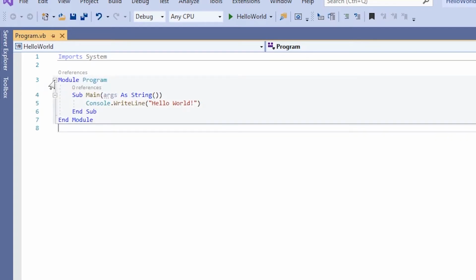We've got a little area where we can just collapse and expand different parts of it. We've got Sub Main, we've got Console.WriteLine "Hello World". That's the Hello World program. That's our basic program. So if we quickly run this program,